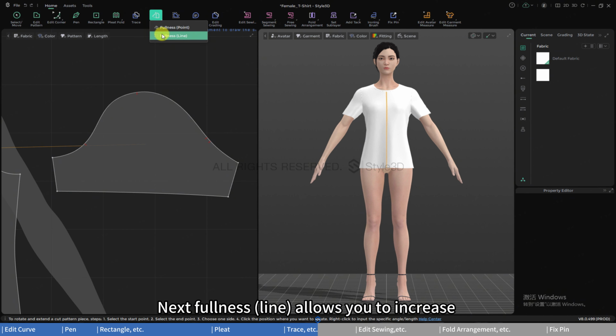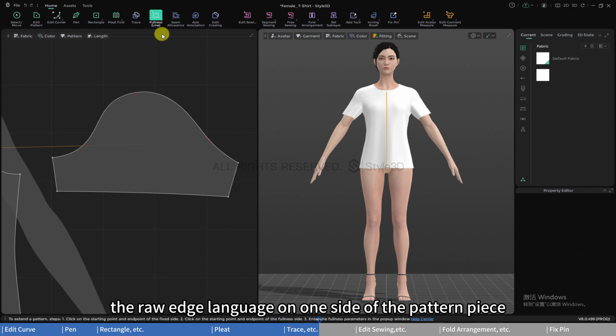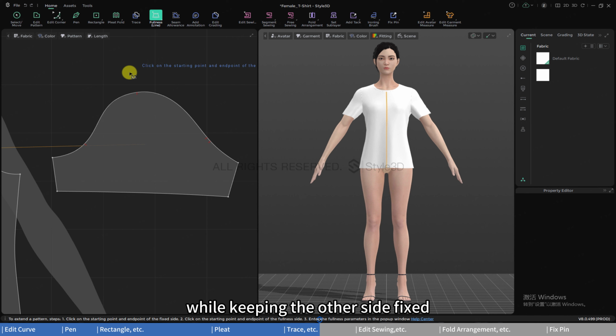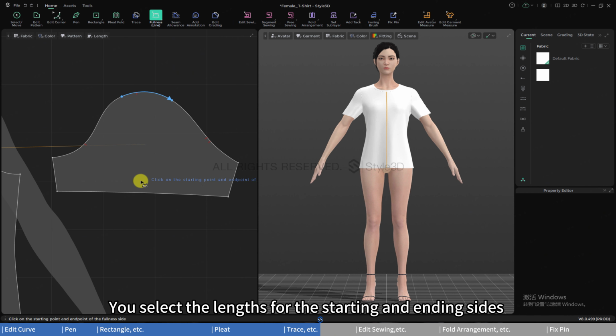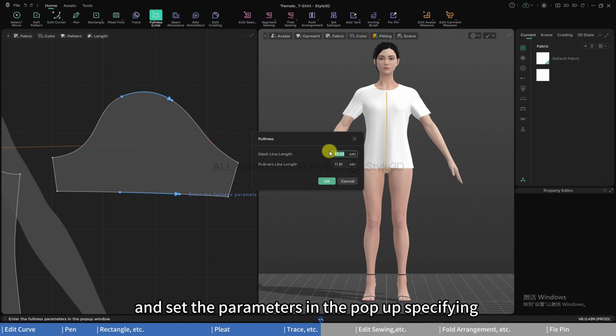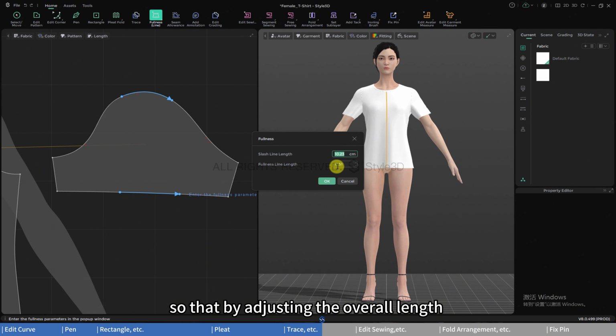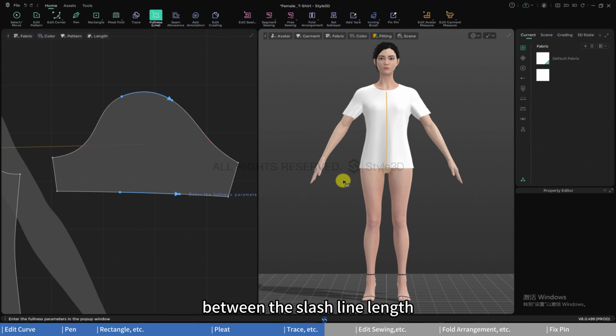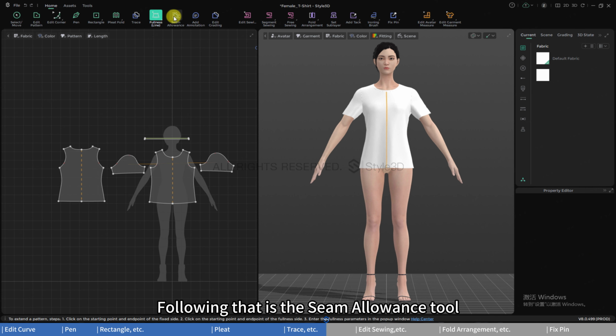Next, fullness line allows you to increase the raw edge length on one side of the pattern piece while keeping the other side fixed. You select the lengths for the starting and ending sides and set the parameters in the pop-up, specifying the extension length, so that by adjusting the overall length or movement distance, the shape of the pattern piece is altered. Just be sure to note the difference between the slash line length and the fullness line length during the process. Following that is the seam allowance tool,